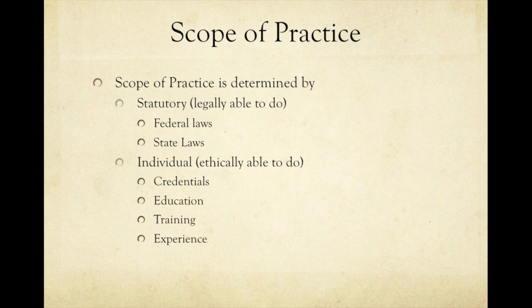So really, these federal and state laws will give us the overriding definition of what we can or cannot do as a DTR or an RD. And then there's the second piece of it, which is the individual identification of what you can or cannot do. I identify this as what you're ethically able to do. In other words, whether you're properly trained for it, whether or not it's the right thing to do, whether it's a safe thing to do, all the things that are identified as keeping the public safe and doing quality practice.